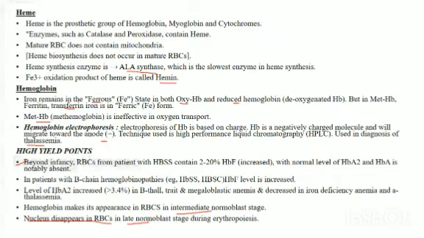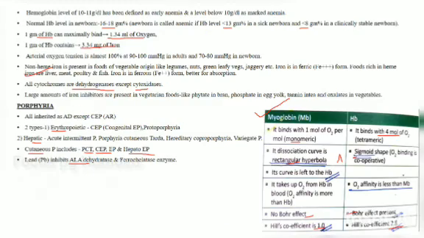Next important point is hemoglobin makes its appearance in RBC in the intermediate normoblast stage. Nucleus disappears from the RBC in the late normoblast stage in the process of RBC formation during erythropoiesis. Coming to the next topic,